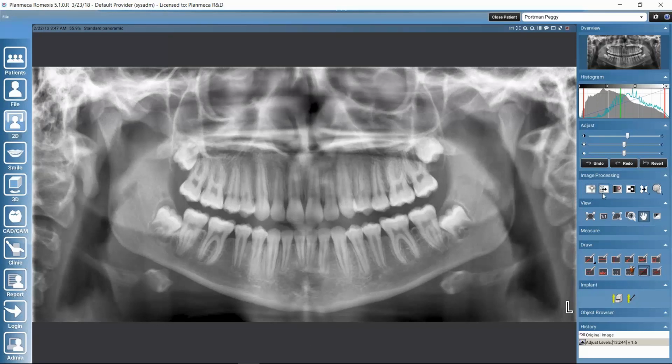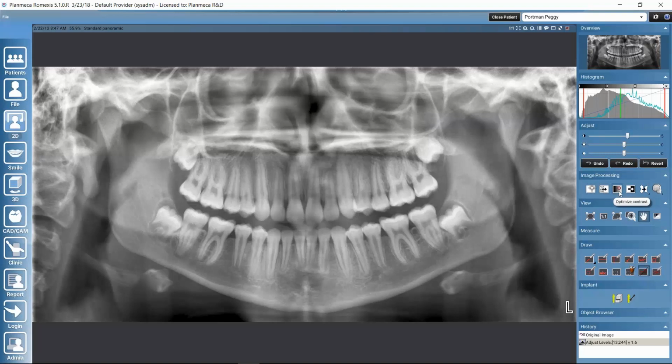Then how we can also adjust the images, we have here a couple of filters, image processing filters that we could use. There's a more detailed description in the user's manual of Romexis, but basically with the Clarify we can adjust the contrast locally or to the whole image, so we can determine the extent and strength of the filter. And then with this speckle function, we can remove noise from the image, so we can select some pre-selected areas. For example, if there's some scratch or some dust in the image, those can get removed with this